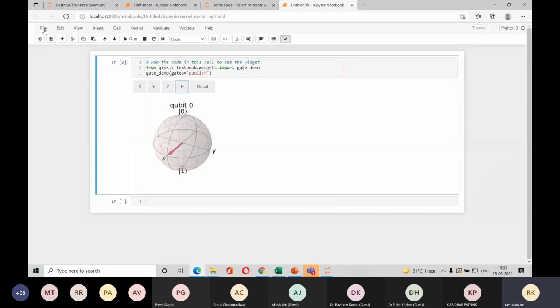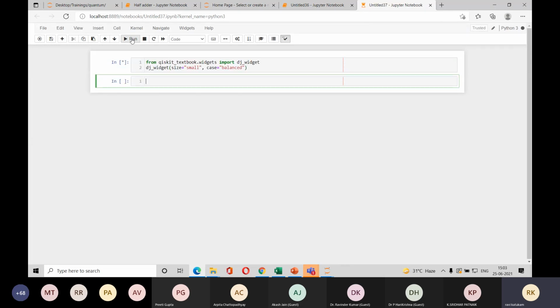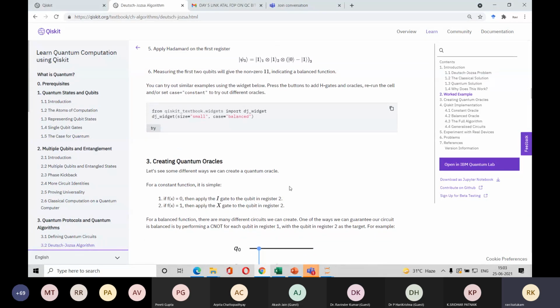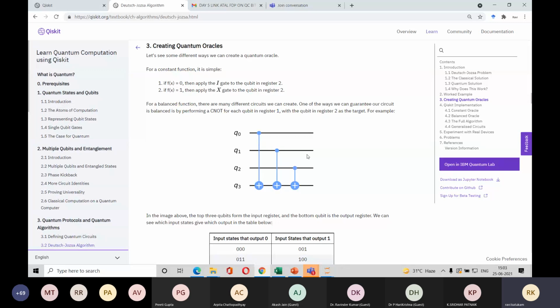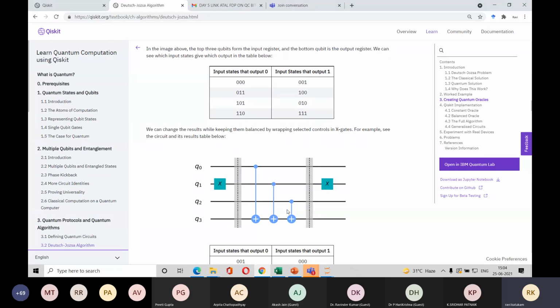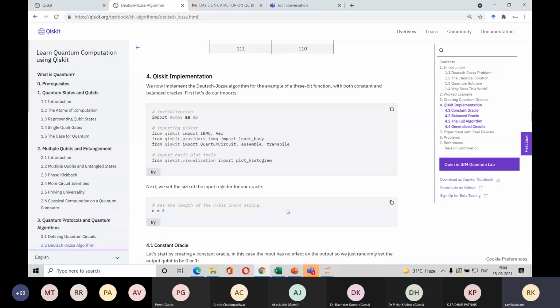Using Jupyter Notebook, I'm just trying to run this algorithm. In the algorithm part, it takes some time to really understand what is happening, because there is a lot of mathematics that has gone in. That's why you feel a bit difficult to digest what is happening. But when you look at the output, then you will appreciate that this entire combination of gates is able to solve a problem in a better way, more quickly than the classical computer. Okay, so let us try to implement this entire algorithm.